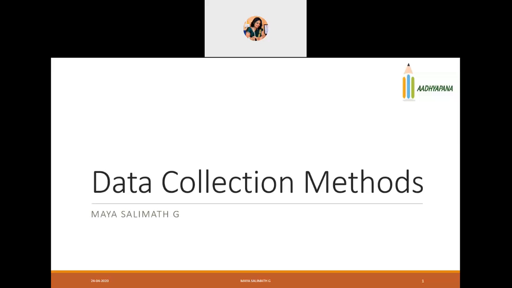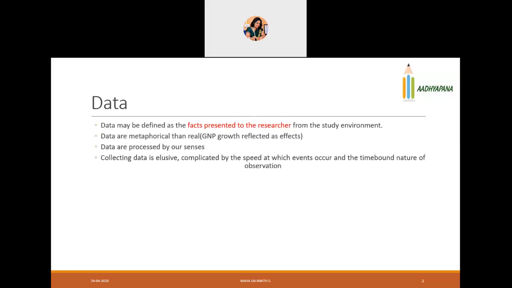So usually when we talk about data collection, there are a few things which we have to find out. That is, what is data? Data is defined as the facts presented to the researcher. When we talk about research, and when we have already done the literature review, framed our objectives, and listed our hypothesis, established the null hypothesis and also the alternative hypothesis out of assumptions,